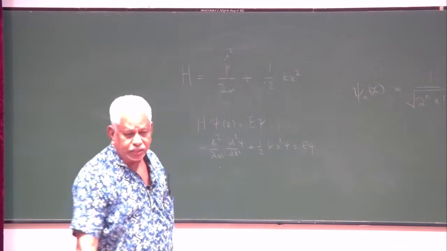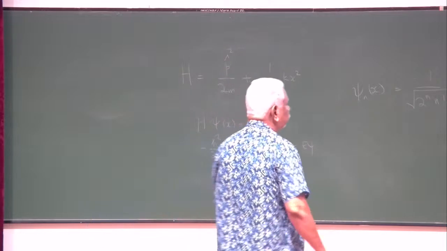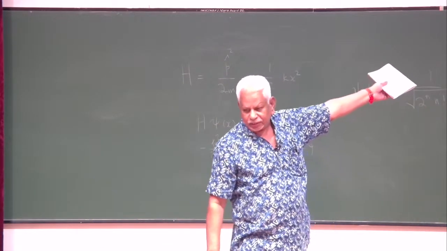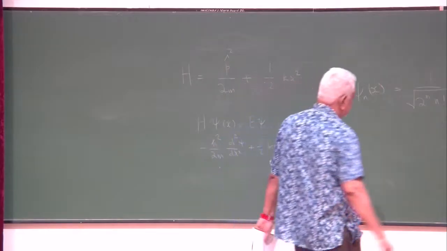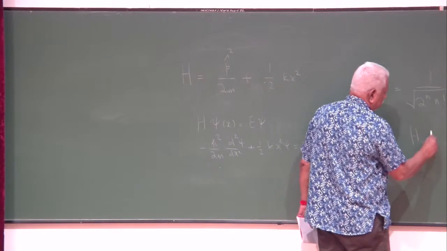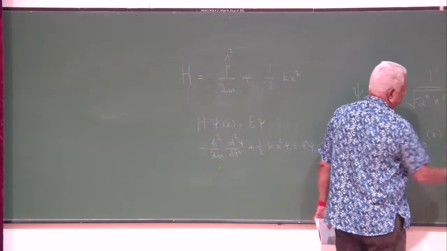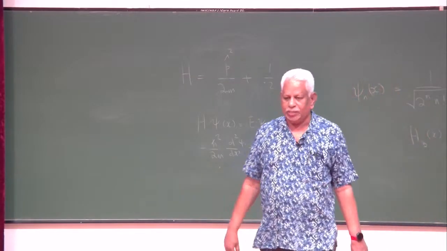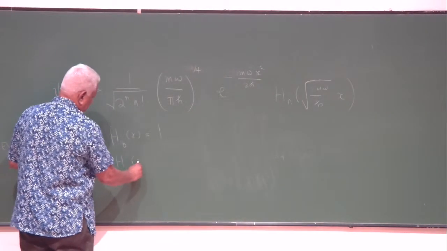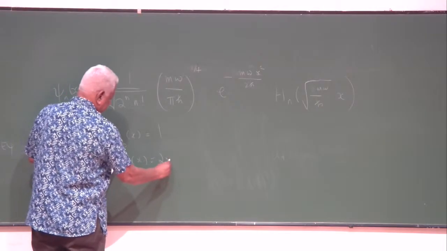Now, this object Hn, it's written in gory detailed solutions. It looks a little complicated. The Hns, H0 of x is 1. H1 of x is 2x